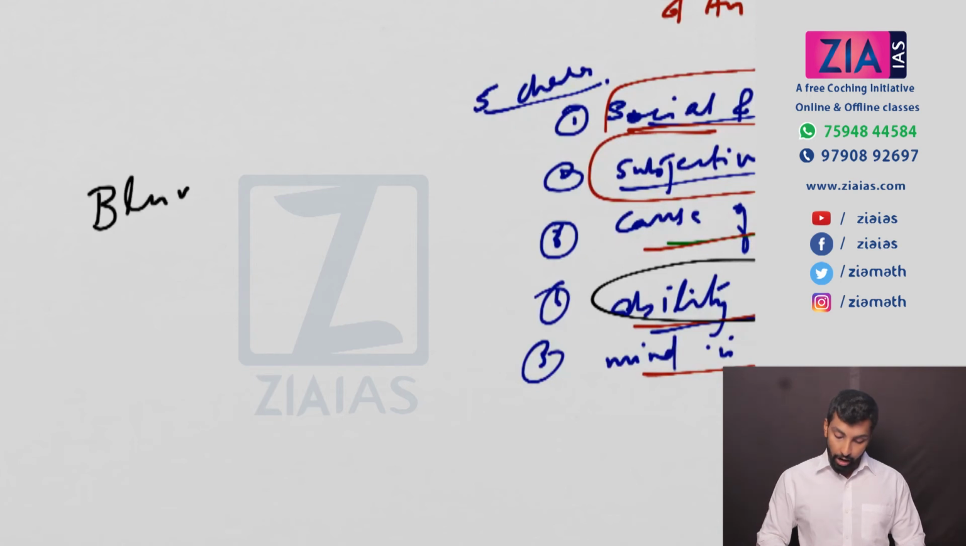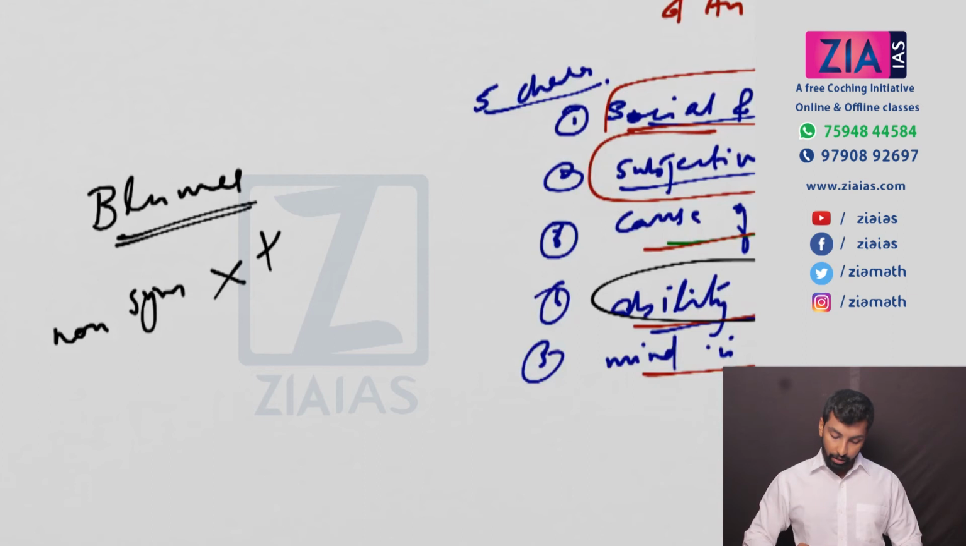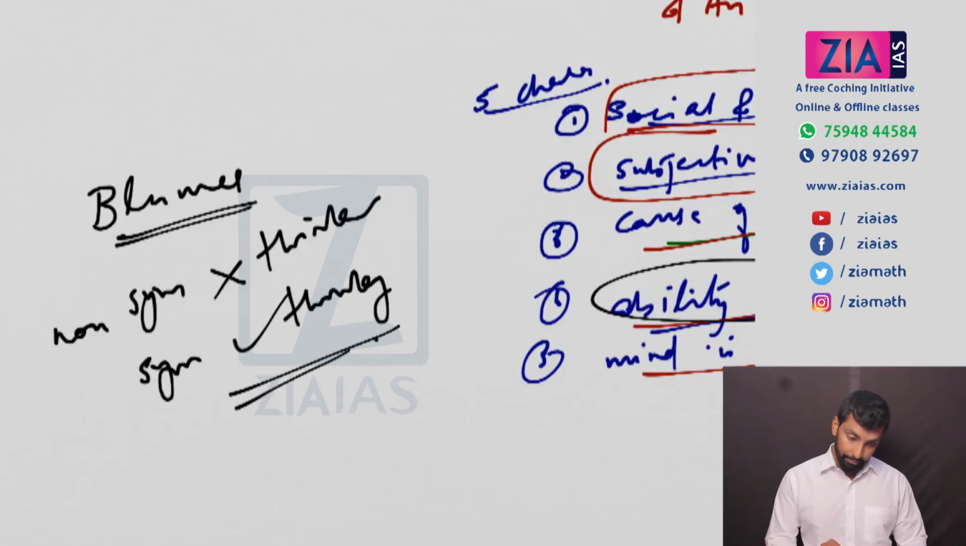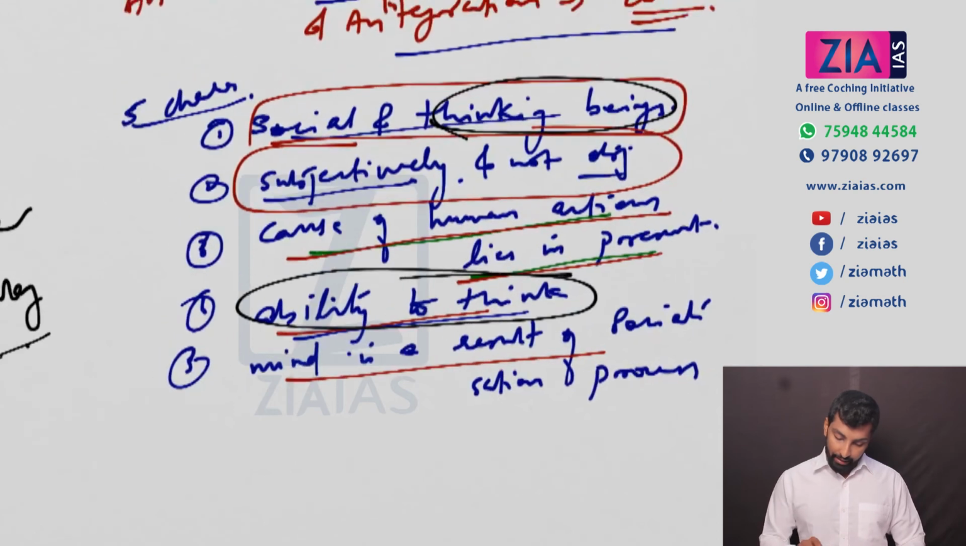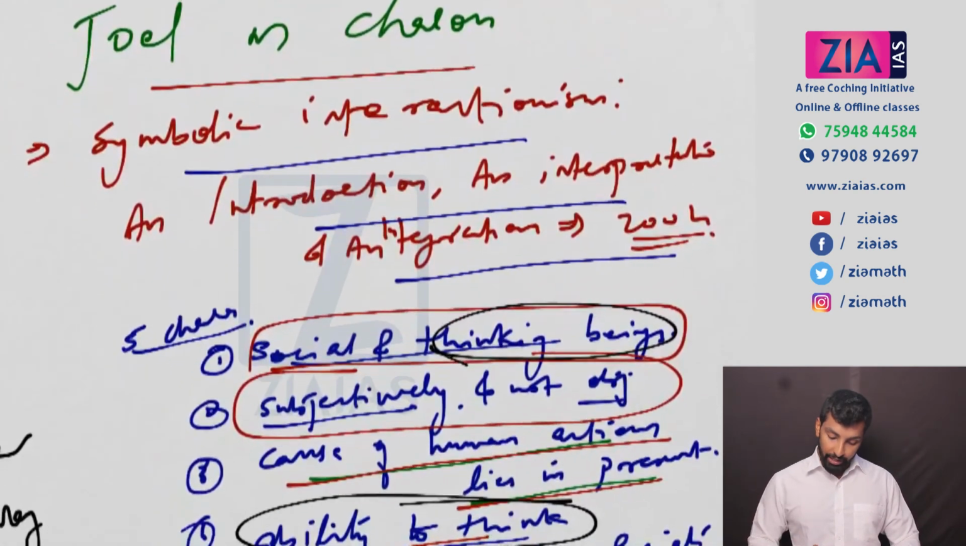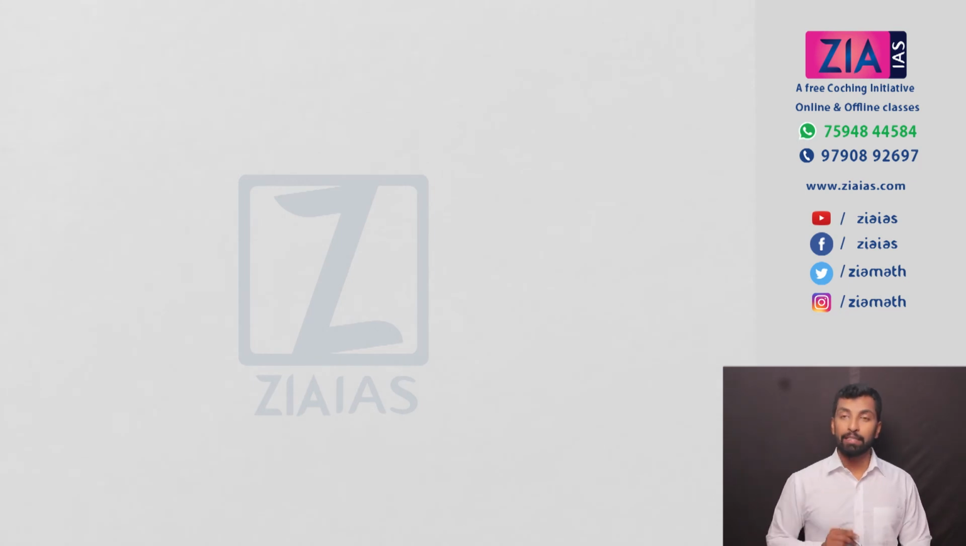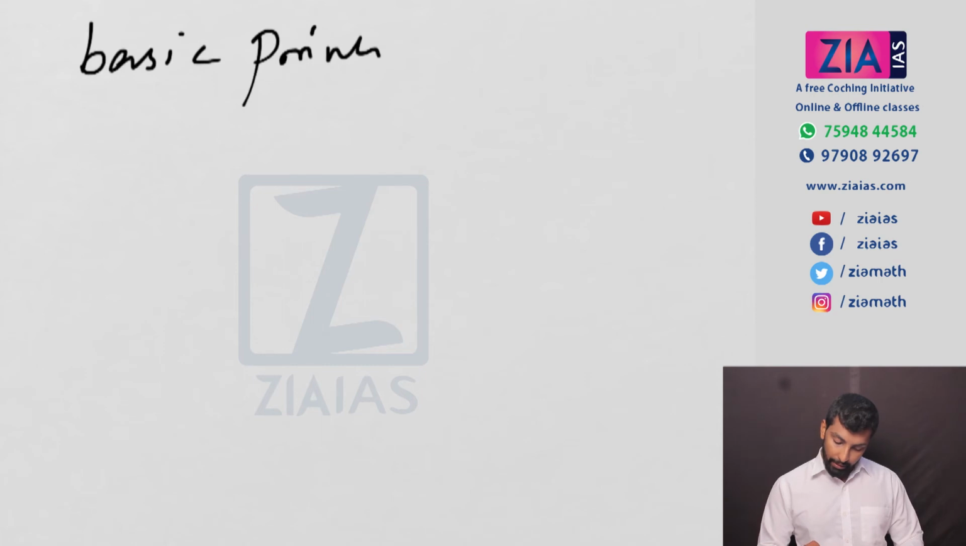So Blumer: non-symbolic interactionism, no need of thinking. Non-symbolic, no need of thinking, but symbolic needs thinking. Okay, so these are the points that you can write under symbolic interactionism. These are the 5 characteristics according to Joel M. Charon. Otherwise, if you need in general the basic principles of symbolic interactionism, you can just take down basic principles